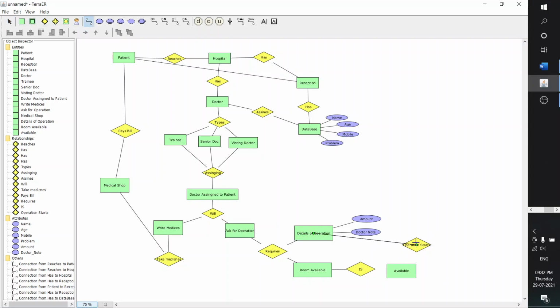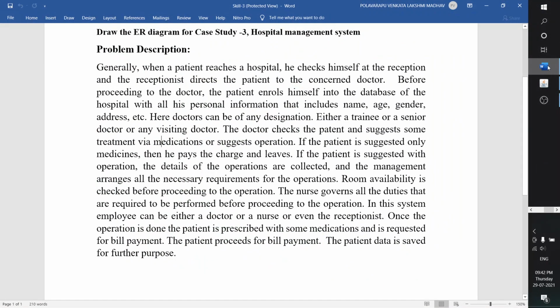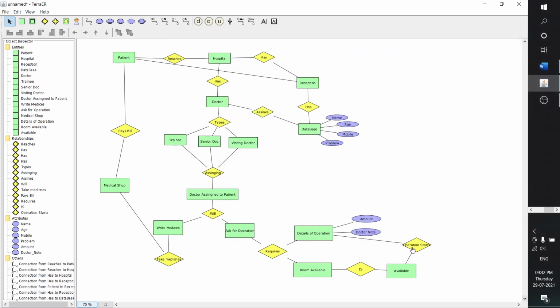In the sense, if the details of the operation and the room availability are there, then the operation will just start. Once the operation is done, then the patient will be prescribed with some medications. Operation starts, and then end.